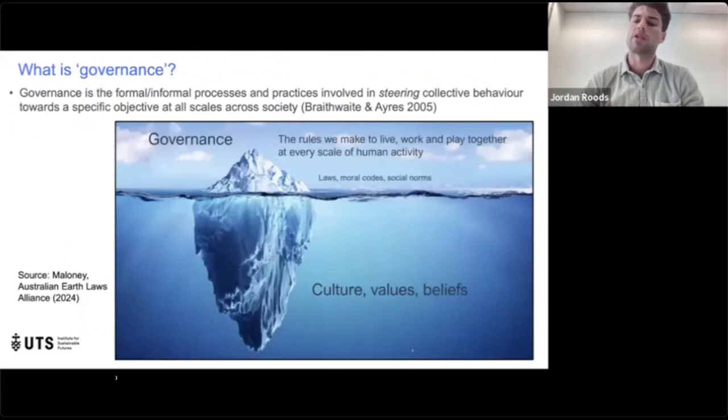In my PhD, I'm interested in how exactly we could, or indeed should, govern our food system through a circular nutrient economy. I use the term governance here in a broad sense to refer to the formal and informal rules we use to steer collective behavior in society towards a specific objective. More simply, it's the rules we make to live, work, and play together at every scale of human activity, as stated by Michelle Maloney of the Australian Earth Laws Alliance. Underlying these formal and informal governance approaches are the cultural value and belief systems